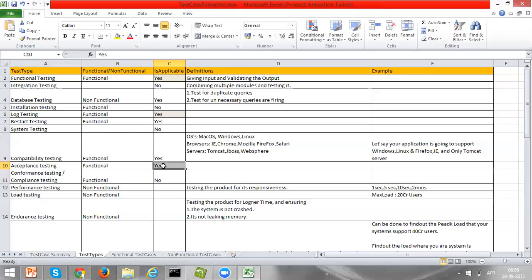test cases which are given by the customer. Okay, a set of expectations. So the customer will have a set of expectations from each and every feature. From the login feature, the customer will have a set of expectations. These expectations will be in the form of requirements. Let's go through the requirements on the login feature. Let's identify a